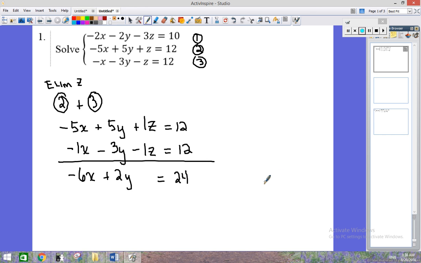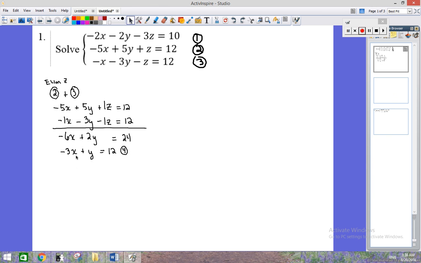Now, here's what I do again. I know that one of my weaknesses is arithmetic, and I know that being a math teacher, that sounds strange. I look at this and I see all of these values are even numbers, and if I divide everybody by 2, it doesn't affect my solution set, my final answer, but it will make these values a number smaller and easier arithmetic, or at least for me. So I'm going to number this equation 4. I'm going to shrink this up a little bit, and on the side